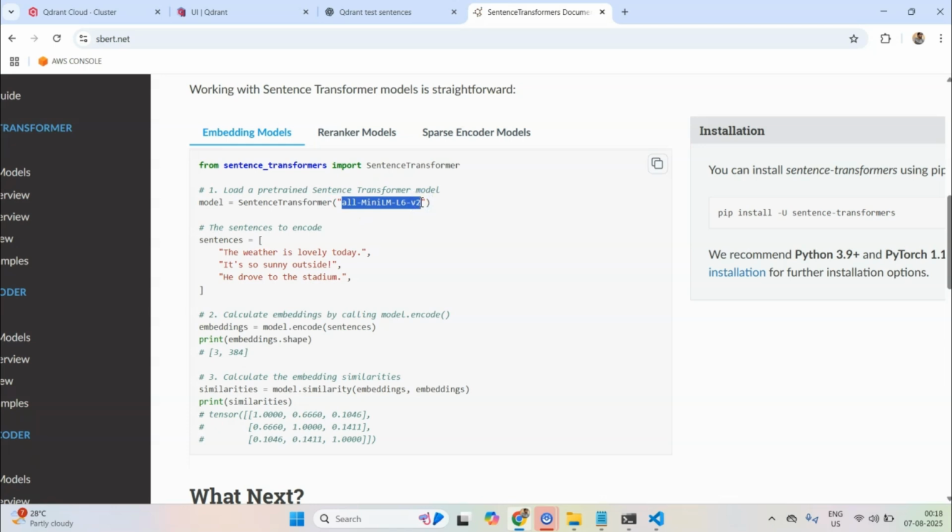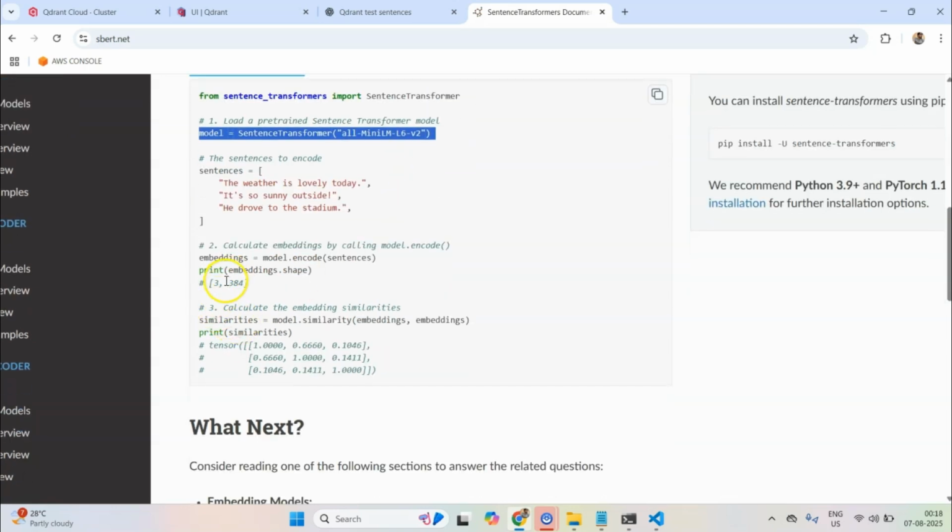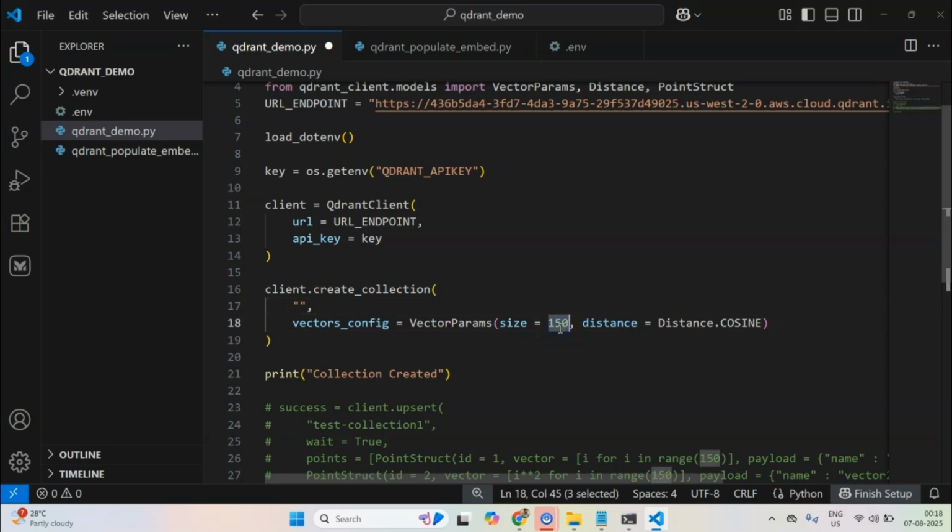It is a very lightweight embedding model. My system is a CPU based system, and it can run this model fast. It offers a dimension of size 384, which is quite nice. Why do I need to know that? Because I will be passing it here, and I would be using dot as a similarity metric.